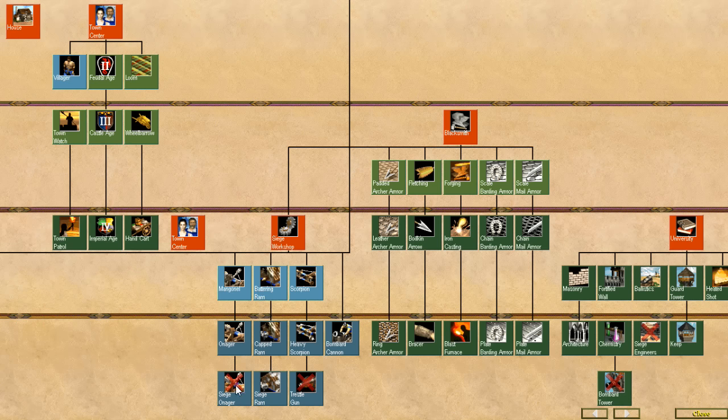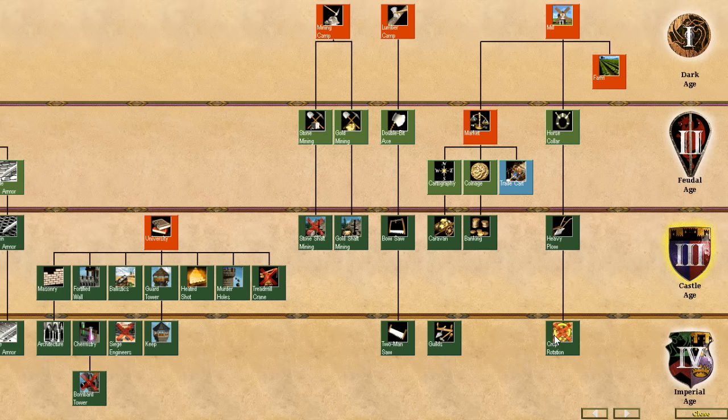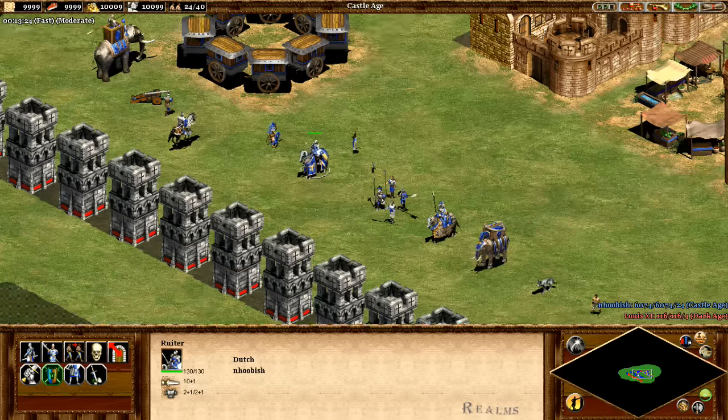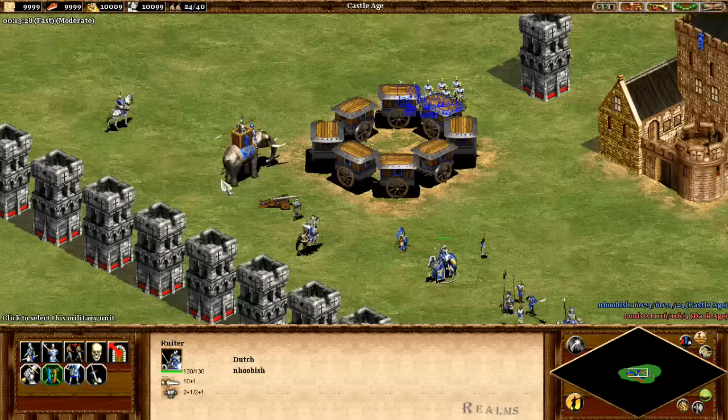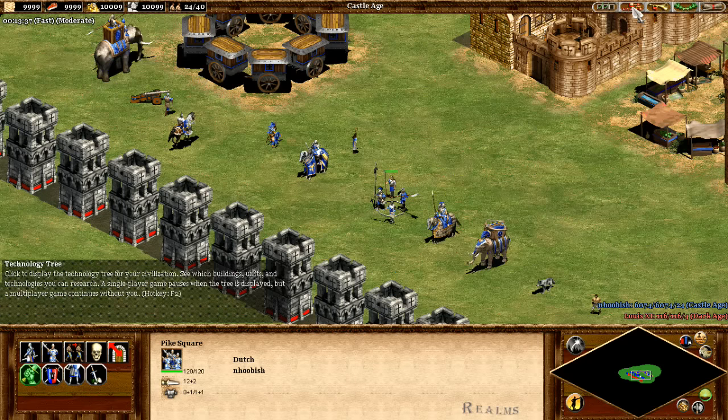So they get everything besides the siege auger, and they get all blacksmith technologies. They don't get treadmill crane or siege engineers. They don't get scrap rotation and stone shaft mining. So I think we're halfway through now. Yeah. Next up is Spike Square with